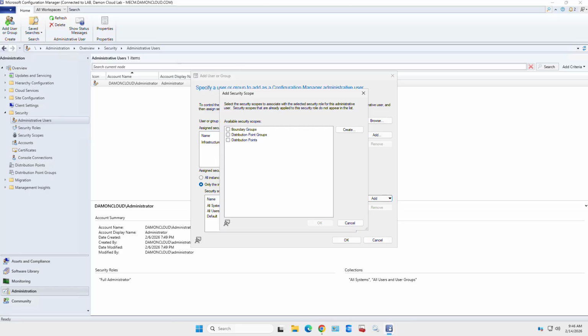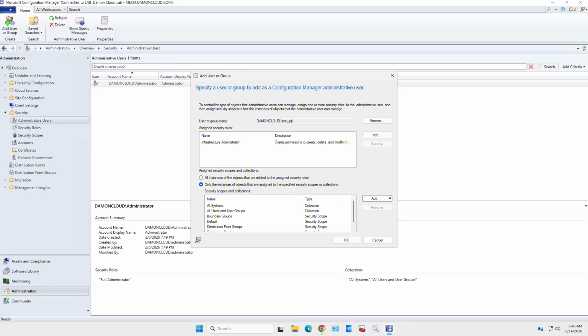And I can add one or more. So it just depends on how you want to implement your security. So you want to put careful planning into this. So basically what I'm saying now is